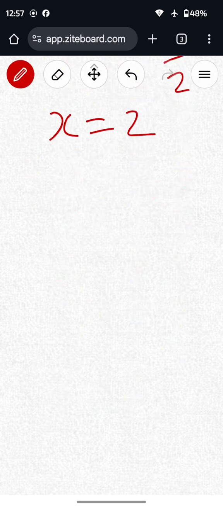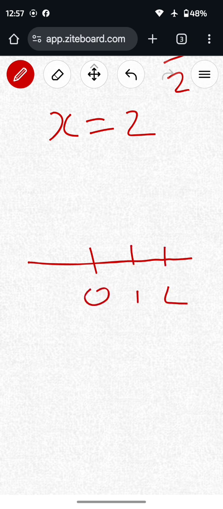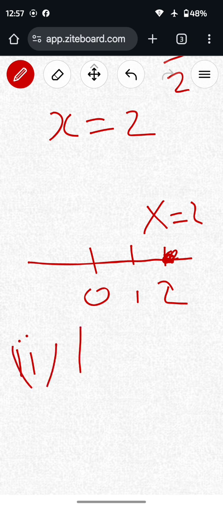in the number line. Suppose we have a number line, this is 0, this is 1, this is 2. So here is x equal to 2. Now come to the second variable, in two variables,